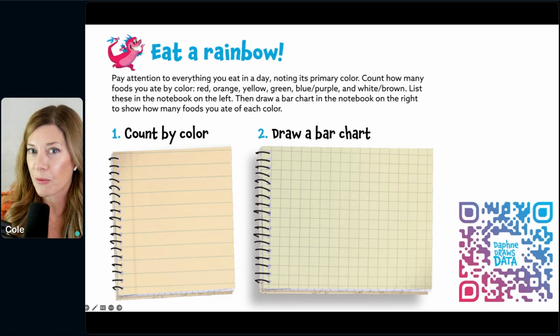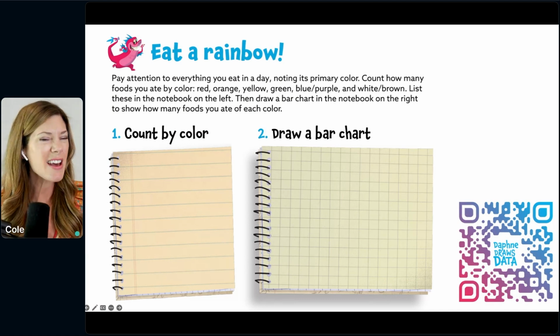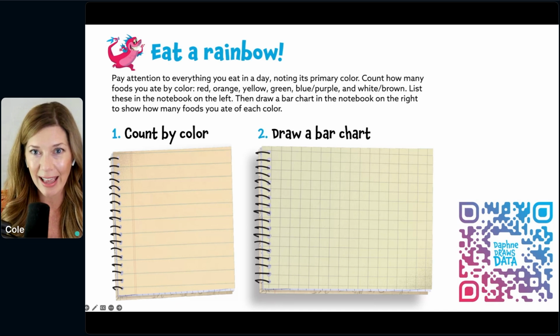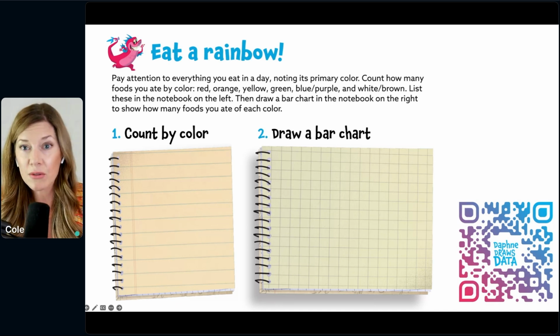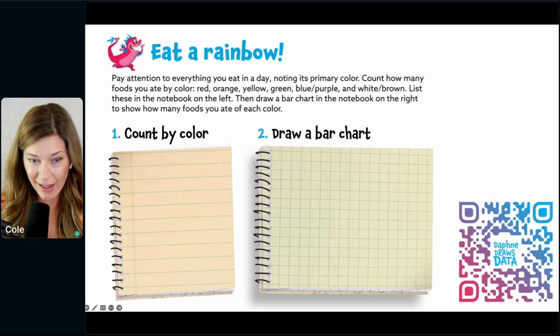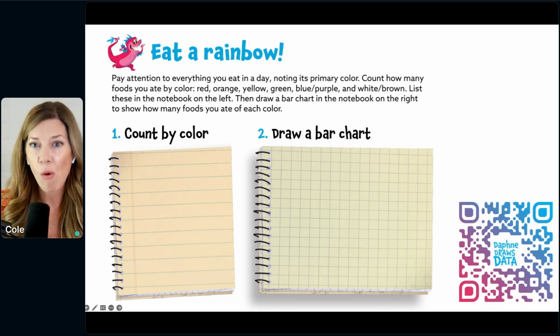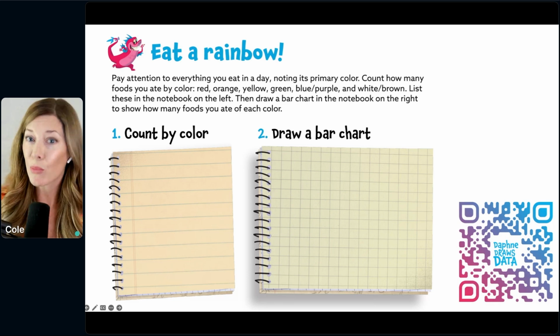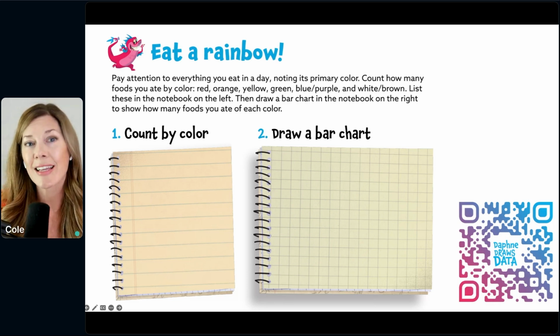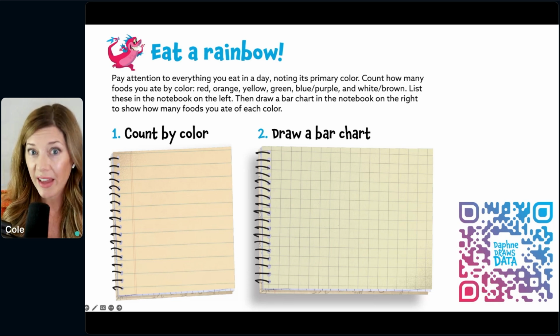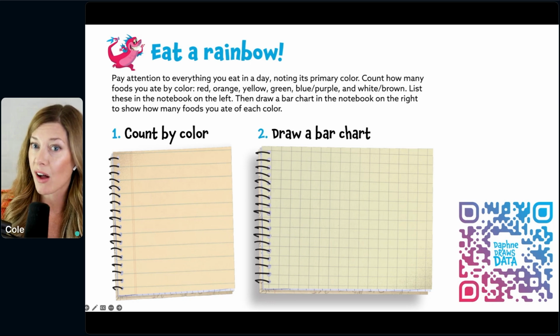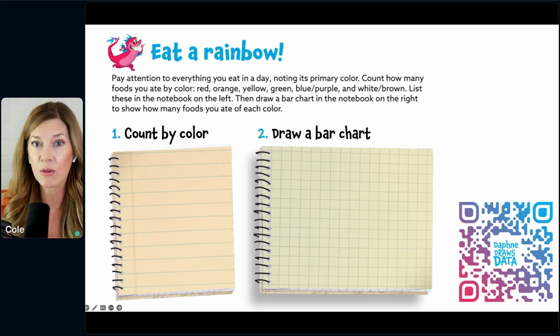Eat a rainbow. Pay attention to everything you eat in a day, noting its primary color. Count how many foods you ate by color at the end of the day. Red, orange, yellow, green, blue, purple, white, and brown. List these in the notebook on the left. Then draw a bar chart in the notebook on the right to show how many foods you ate of